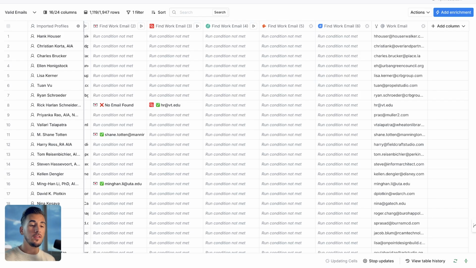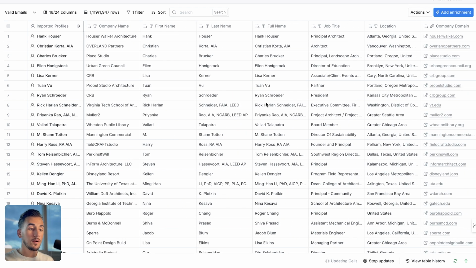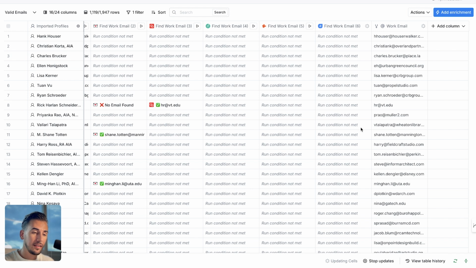Within a couple of minutes, we've already found over 1,000 emails, not being crazy expensive on the credits so far, because we're also using one of the tools to verify our leads through the direct API. Once this is completed, we can just take these emails and run a campaign with them. Or we could take it a step further and do some personalization based on their profile description, based on their LinkedIn, based on something that they've met. So let's try playing around with that a little bit and see what we can come up with.